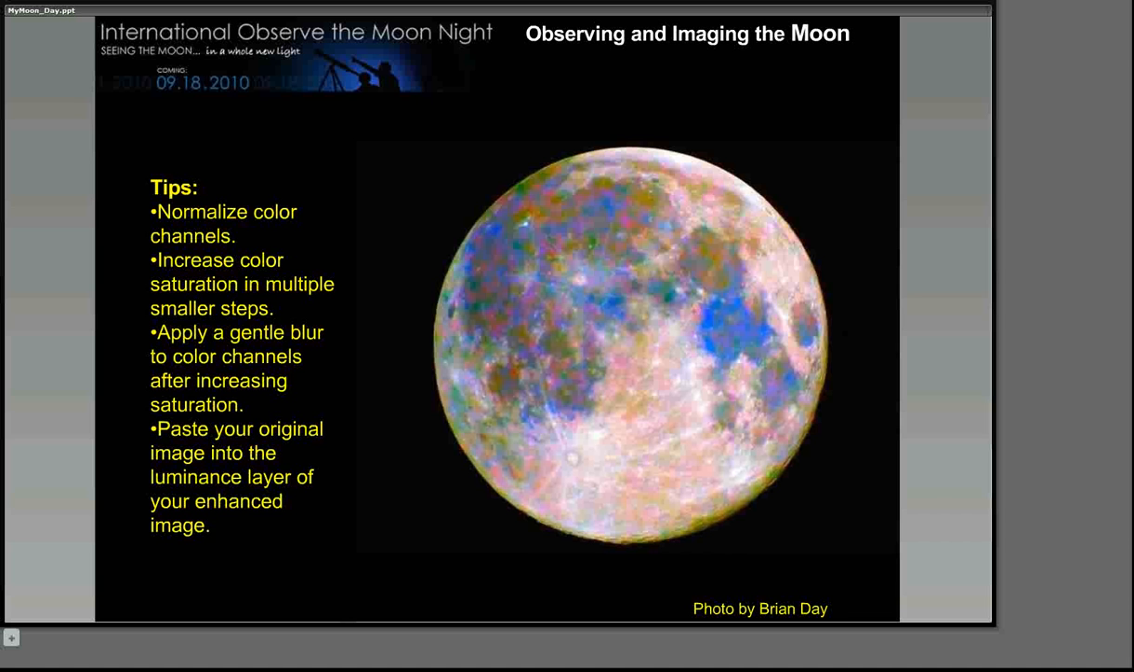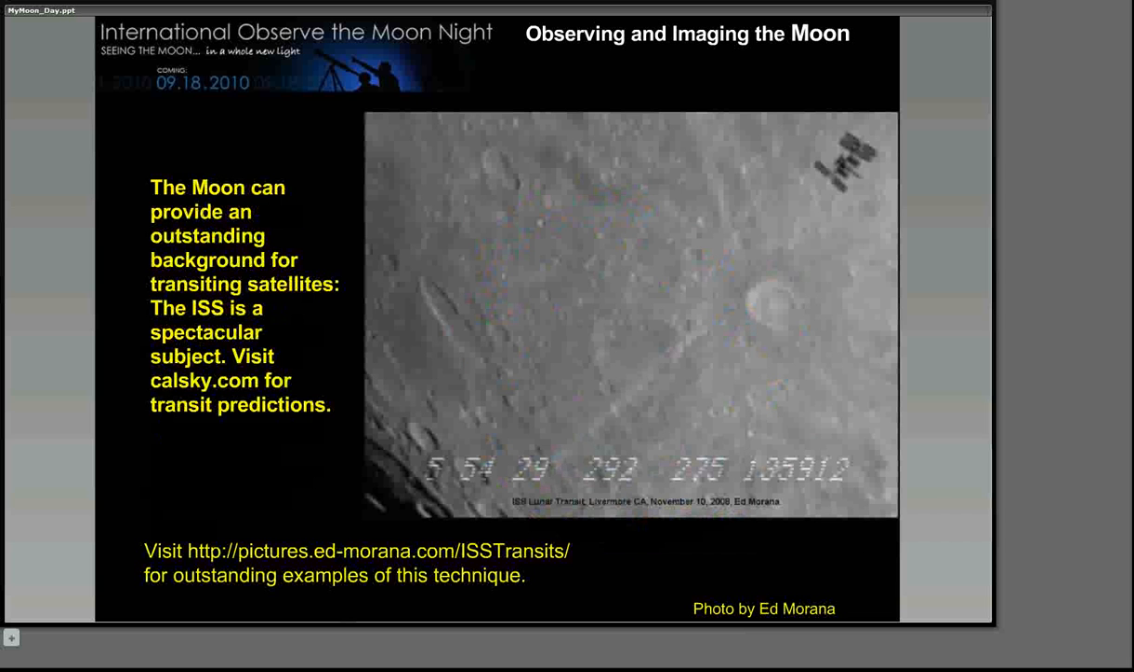Another really fun thing to do in observing and imaging the moon is watching for Earth orbit satellites passing in front of the moon. And there's actually a wonderful website you can go to, calsky.com. They'll provide free predictions for your location. So it'll tell you when something like, in this case, the International Space Station is going to fly by. So this picture by Ed Morana in California is just phenomenal. He knew when and where to point his telescope, again using a